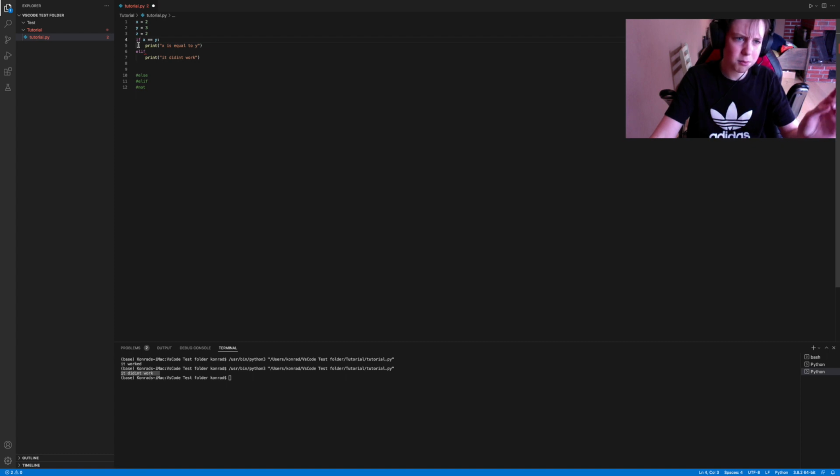It's kind of like a mix of the if statement and the else statement. So if x equals y, if that is false, it goes down here to else, which is now elif, and we can add another one like x equals z, and we can print x equals z,